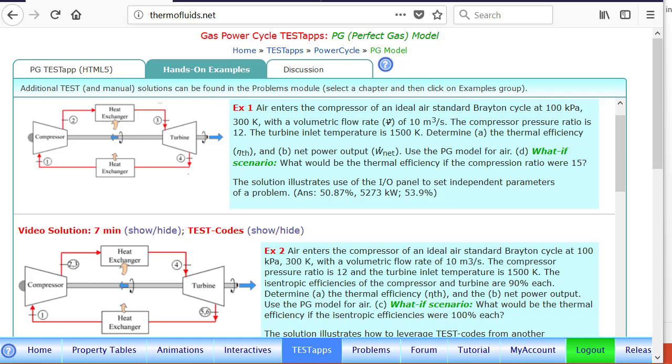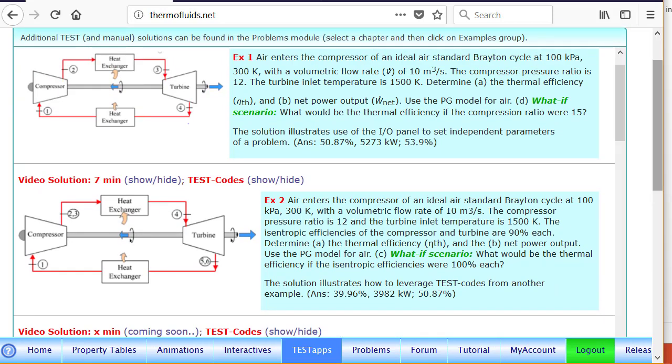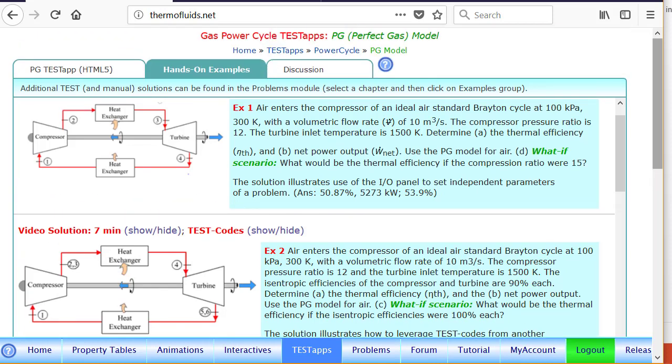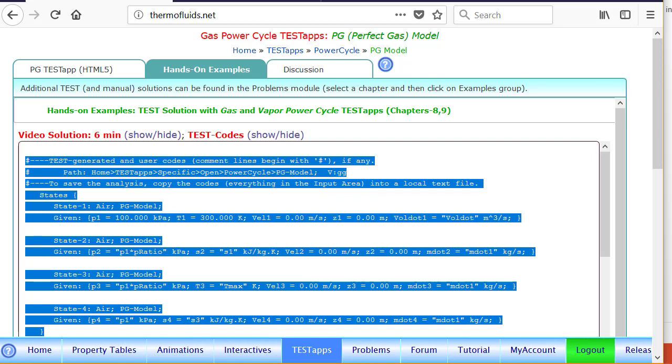Hello. I'm assuming that you have gone through example 1, the ideal Brayton cycle problem, and we're going to build up on that by solving an actual turbine problem, actual Brayton cycle problems, example 2, by leveraging the solution we already have for the ideal Brayton cycle. So to do so, we go to the test code for the ideal Brayton cycle, copy that, and